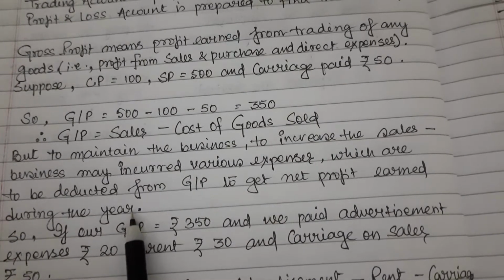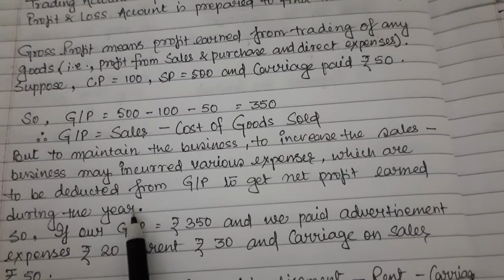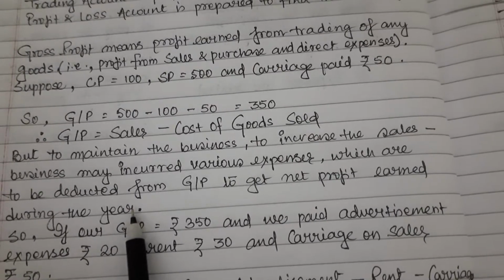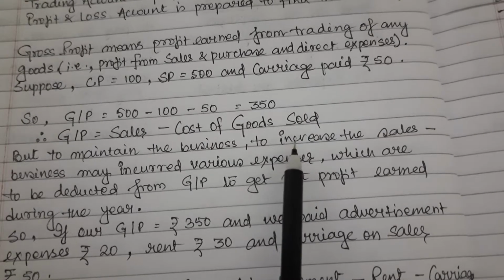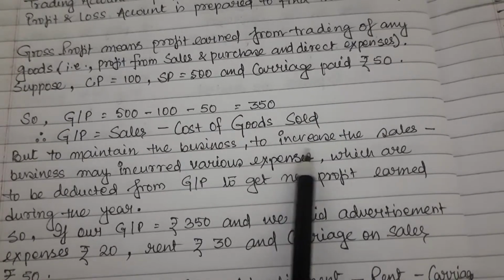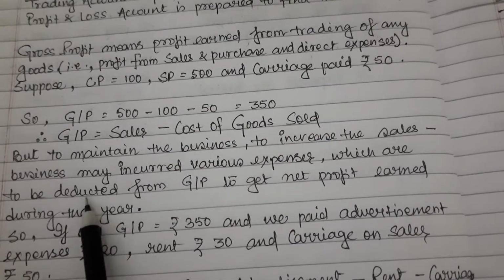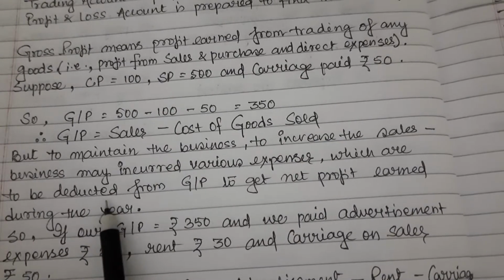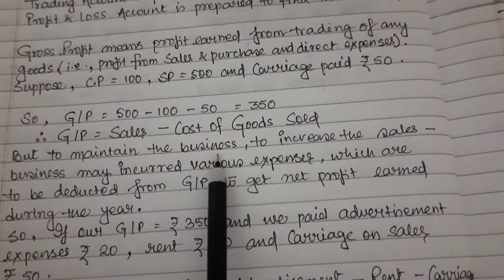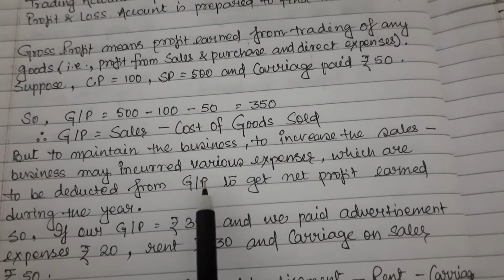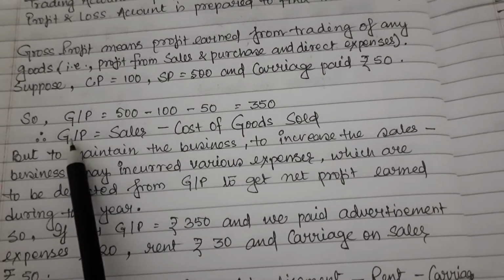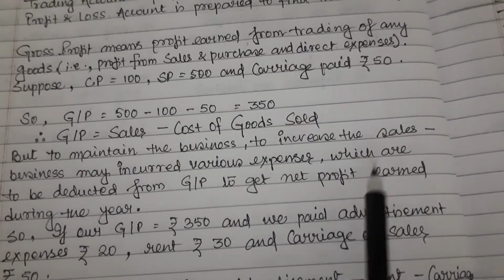That means to maintain the business, electricity, rent, salaries to employees, these all we have to pay to maintain our business. And to increase the sales, that means advertisement, promotions, those are our expenses which are to be incurred to increase the sales. When those types of expenses are deducted, that means to maintain the business and to increase the sales, if we are incurring some expenses, those are to be deducted from our gross profit to get net profit